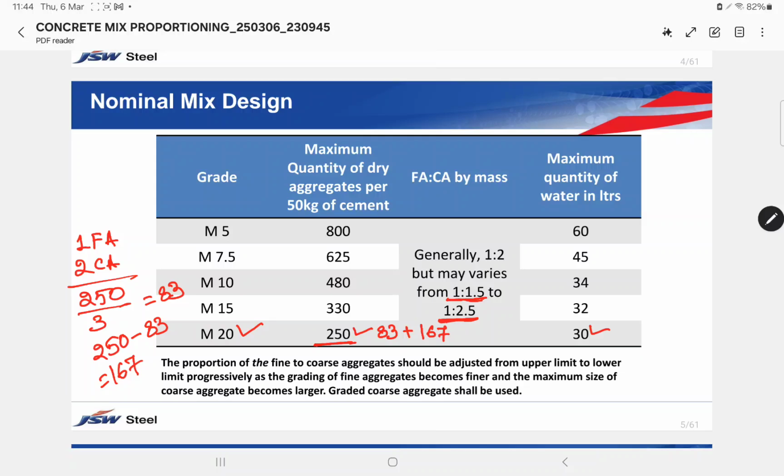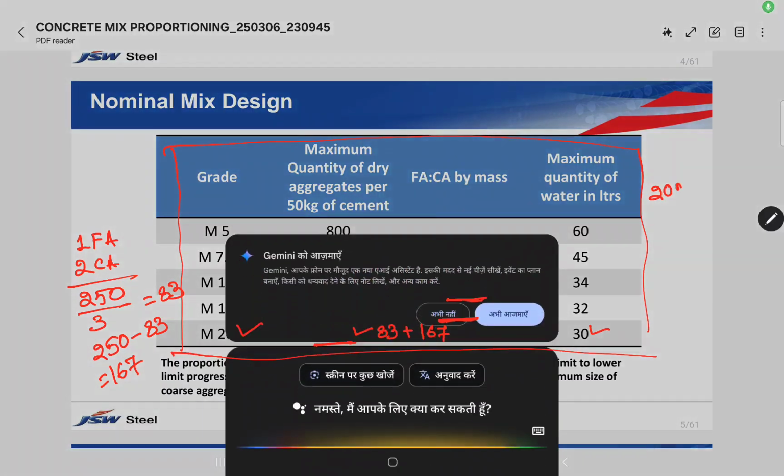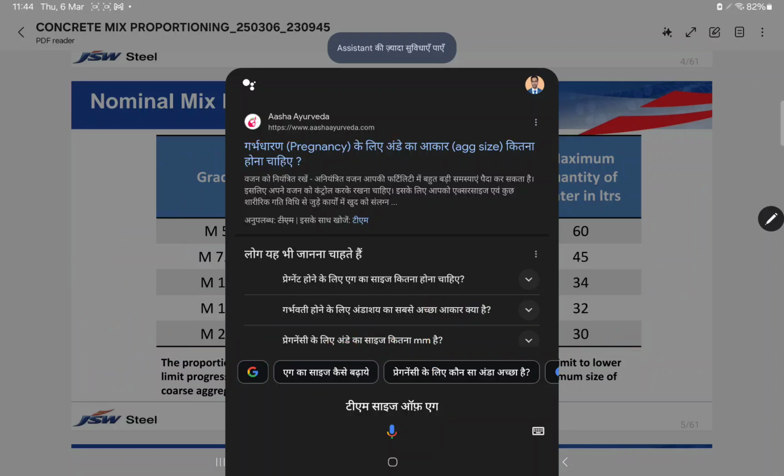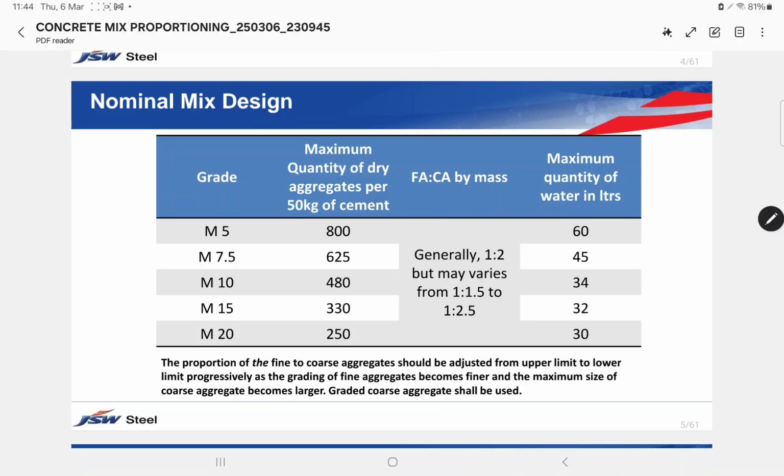What it means, this whole table is for 20 size aggregate. If I change my maximum size of aggregate from 20 to 10 or 20 to 40, then my proportion will